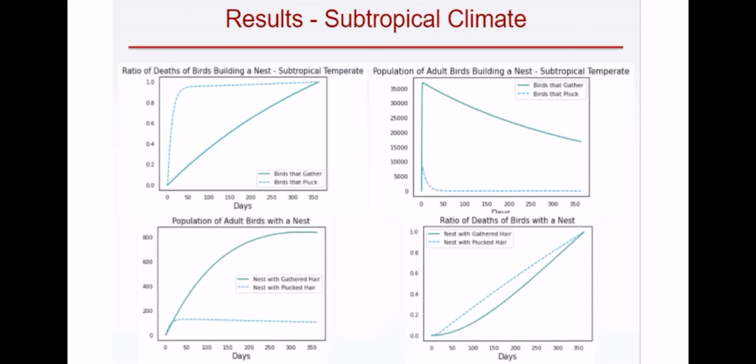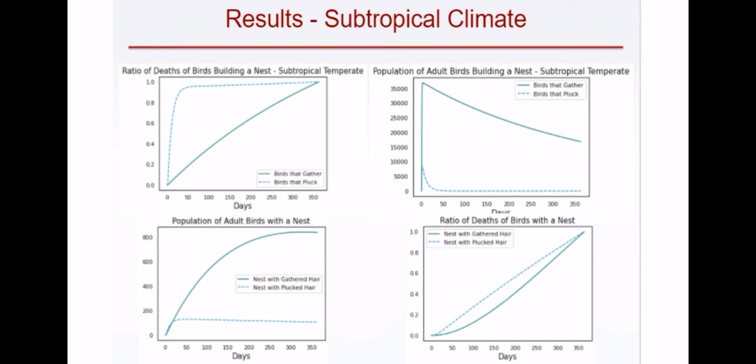Here you can see the results of a subtropical climate. In this climate, we only have birds with hair, so we're just looking at gathering versus plucking. You can see here that in building a nest populations, they're fairly similar to what we found before in those initial results. However, our birds with a nest are very different because we have split the nest into gathered hair